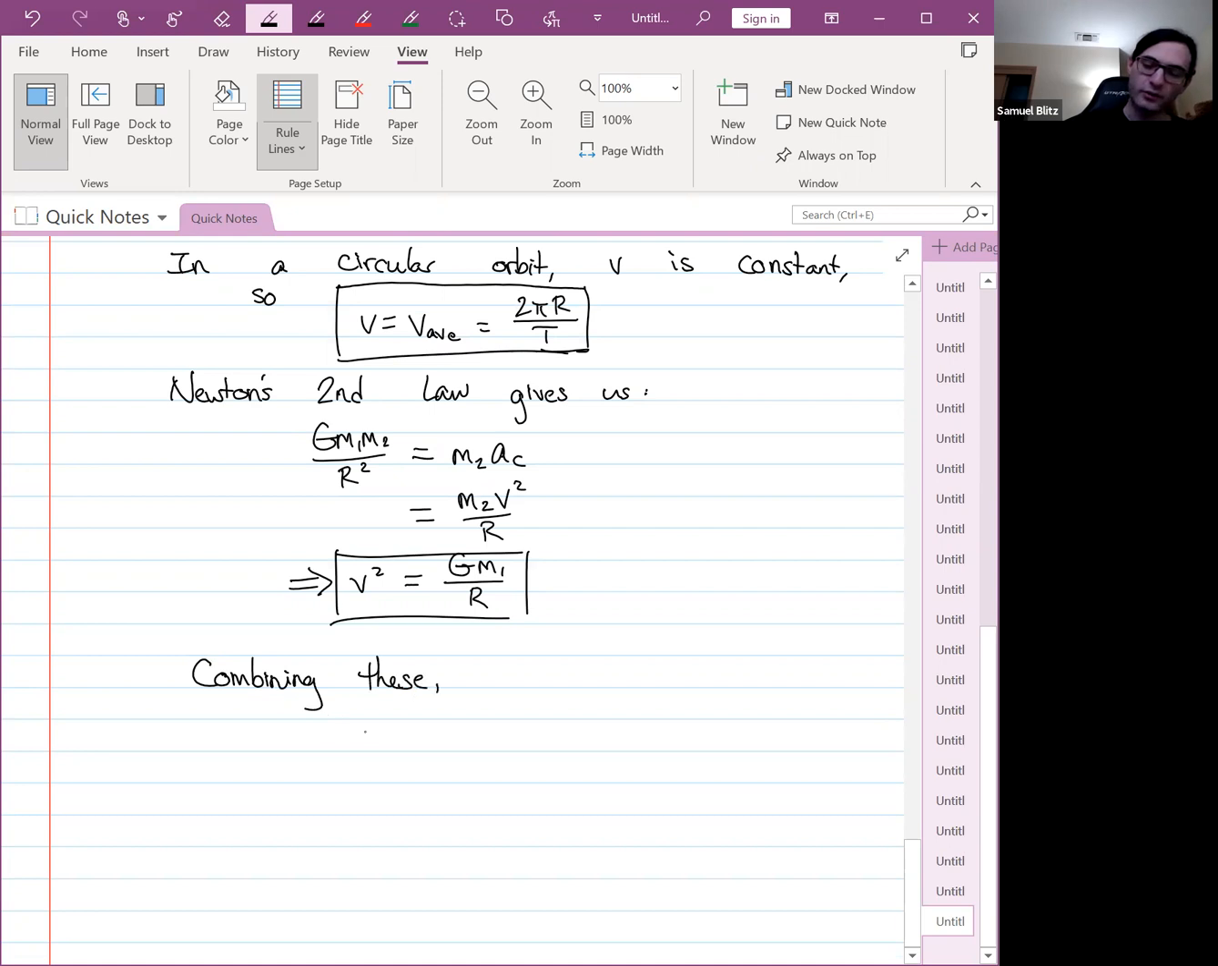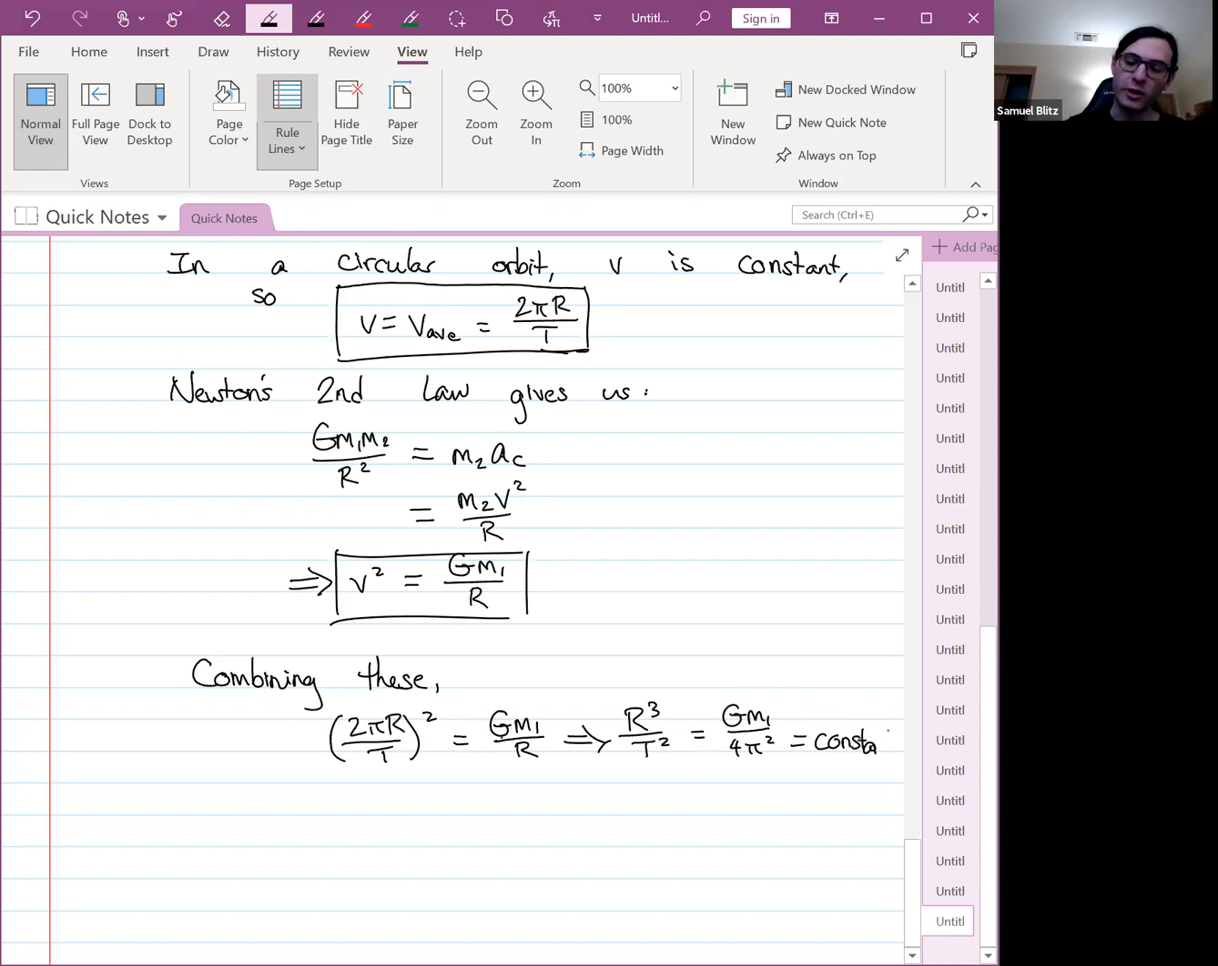We have that (2πR/T) squared should be equal to GM1 over R. Sorry, GM1 over R. And so we can just rearrange this, and we find that R cubed divided by T squared is equal to GM1 divided by 4π squared. And this over here is just a constant. It's just a number that depends on the mass of the thing that's being orbited around, exactly as we expected